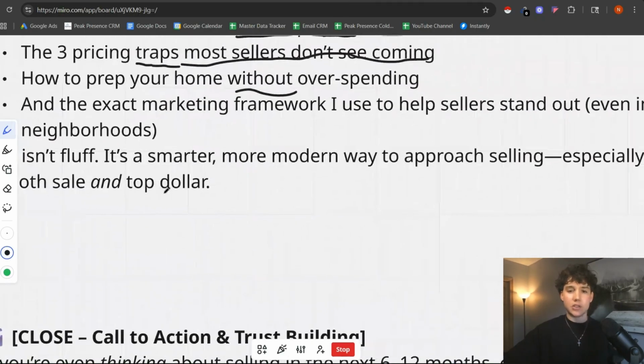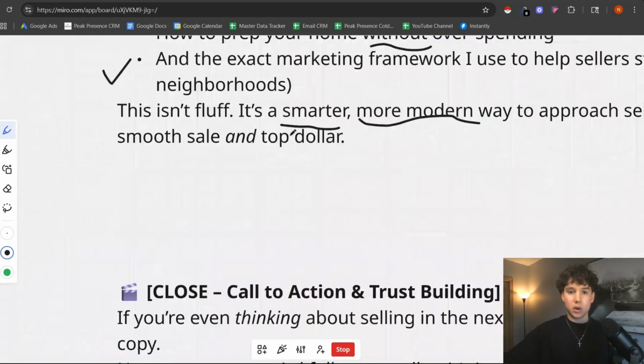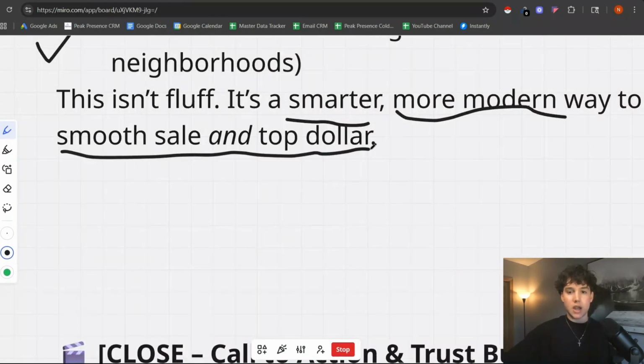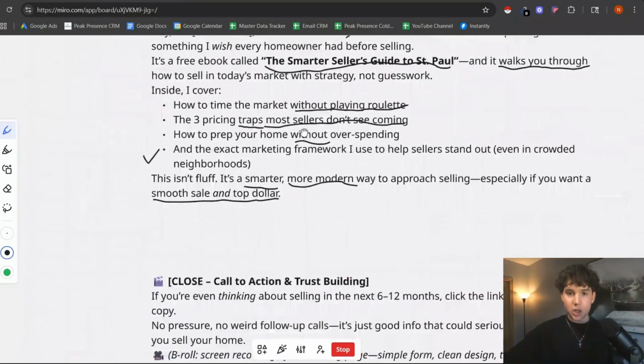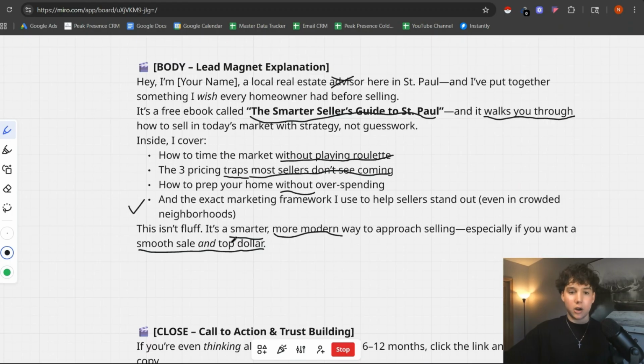And then this isn't fluff, it's a smarter, more modern. So you see you're positioning it as a smarter, more modern way to approach selling, especially if you want a smooth sale and top dollar. So it's basically you're positioning it. You can see kind of the keywords. Smarter Seller's Guide to St. Paul walks you through without playing roulette, traps most sellers don't see coming, without overspending, smarter, more modern, smooth sale